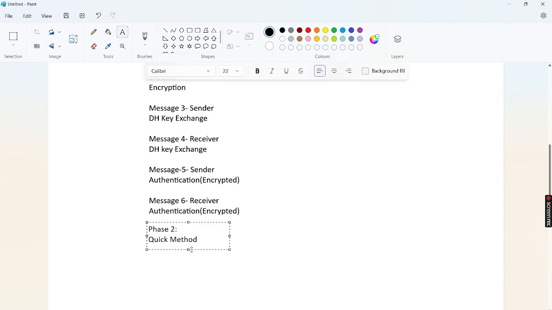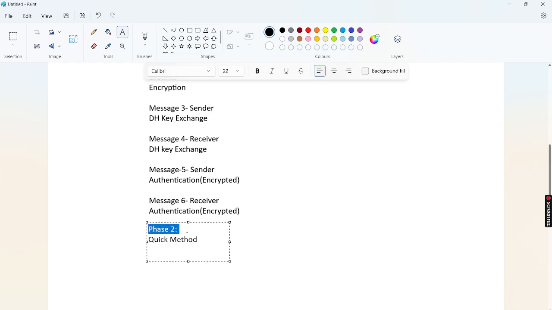And here also we'll have only 3 messages, where in the quick method all the 3 messages will be encrypted because phase 1 is already formed. So once phase 1 is formed, it is a secure method to form phase 2. In this quick method, all the messages will be in the encrypted format. We can't see what exact data is flowing, but